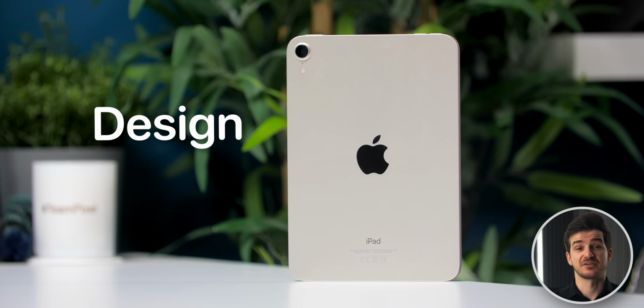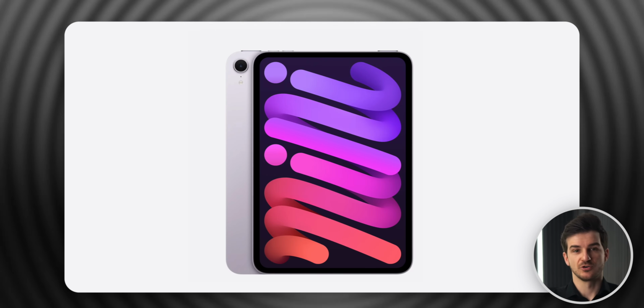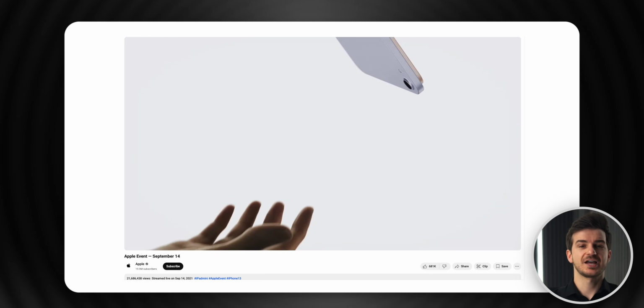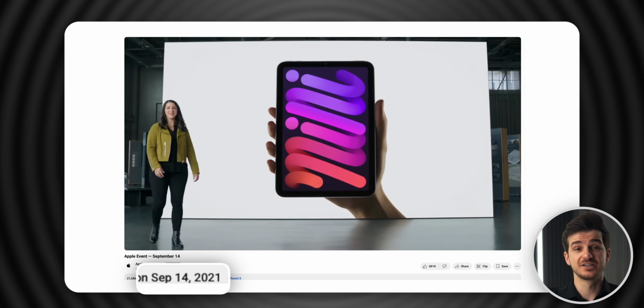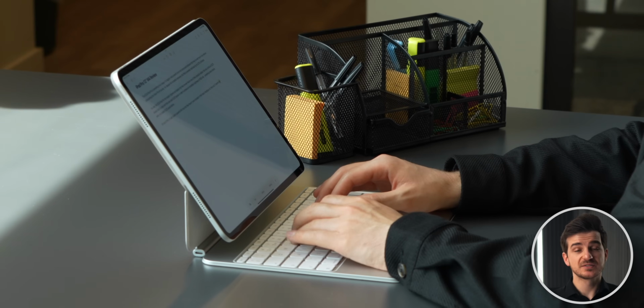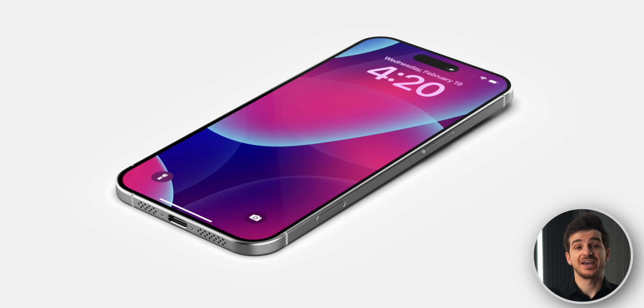Now, what about the design? Well, aside from the thinner bezels in order to achieve the larger display, the iPad mini 8 may also be thinner and lighter than the current model. The last major redesign was back in 2021, so the 8th gen isn't expected to completely redesign it. But it could get the latest design treatment that Apple's been applying to the latest iPad Pros and the iPhone